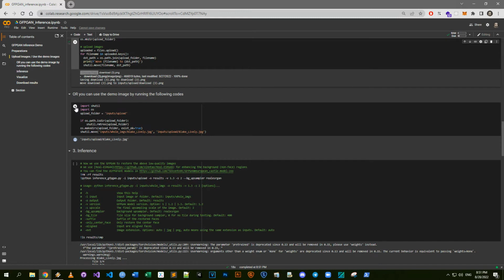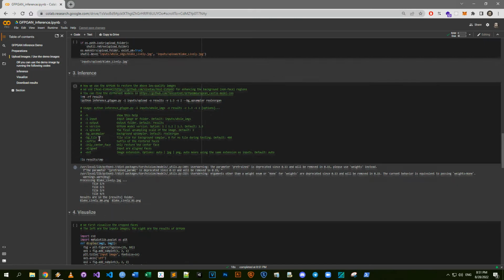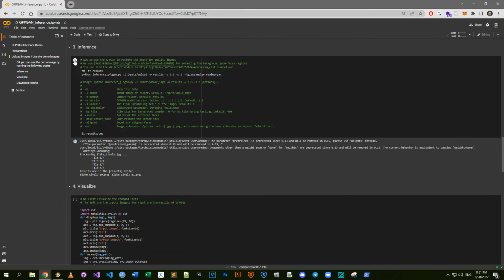Once that's done, scroll down, skip this one, because if you click this one it will overwrite the image that you uploaded, and it will use the default image that this program uses, so please don't use that. Go straight to third,